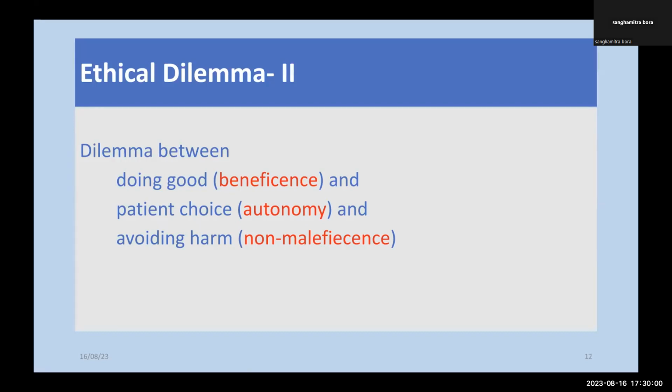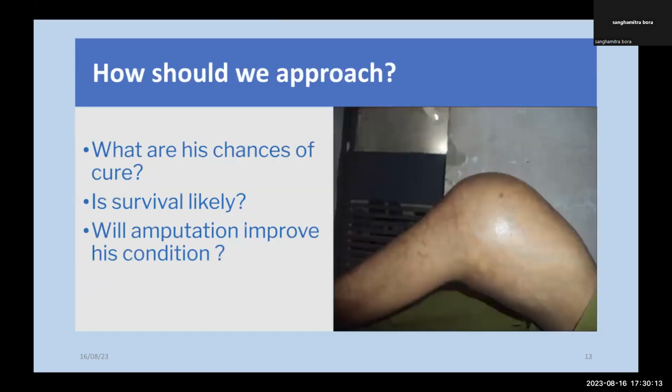The patient's choice is that I will do an amputation. I want to go for an amputation. Whatever happens, I'm going to take the risk. Okay. So now, how do we actually approach this patient? So, questions that you will need to discuss with the patient. You will have to ask yourself and the medical team, your extended medical team, and the patient what